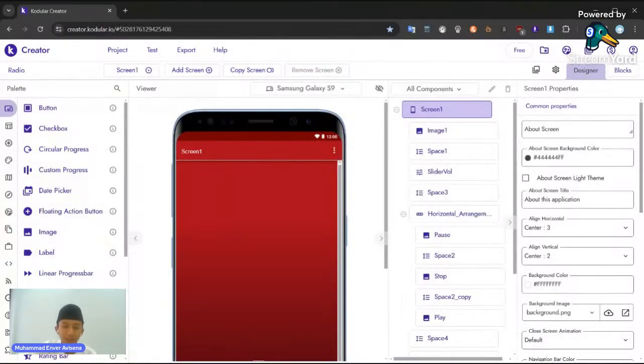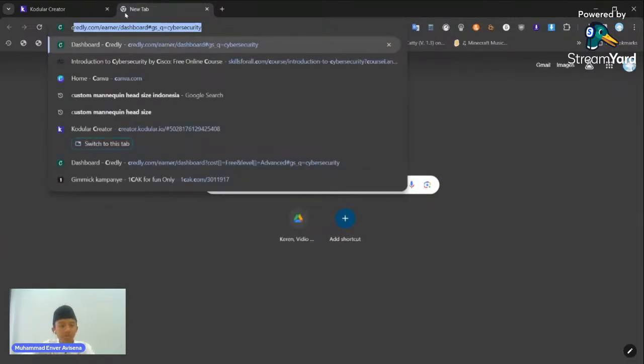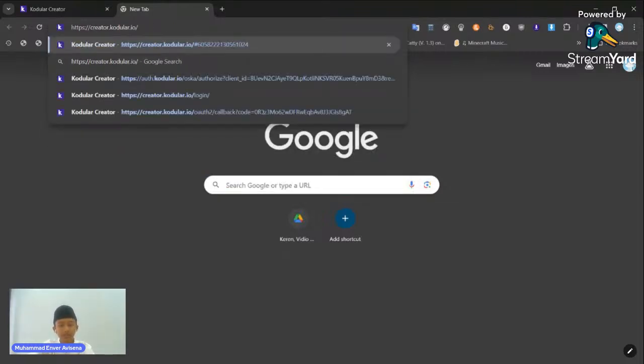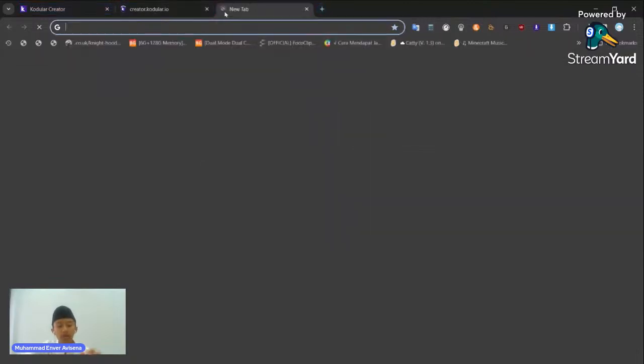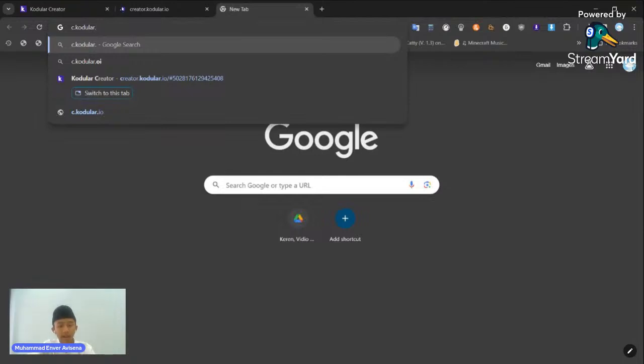All right. So sorry for everyone. So in here we begin again. So the first one that we see in here is a modular project. In the past time, it was more like an error that I encountered. But now, let's see, we'll do new creaturecontroller.io. So the first one, you have to open this creaturecontroller.io, or you can use Codular.io